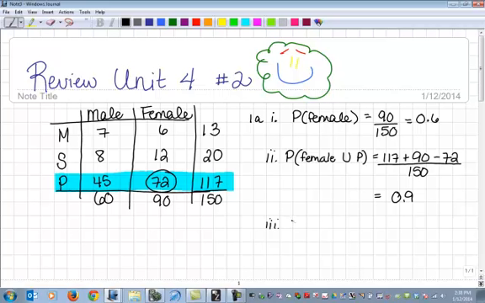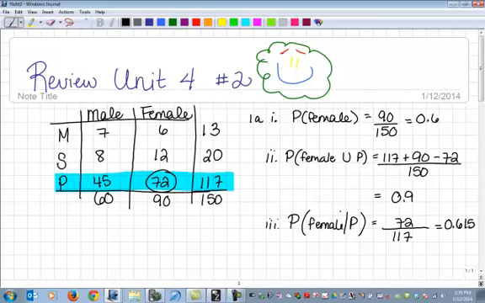So this is what we call a conditional. My condition is that they are in production, and I want to know the probability that I select a female out of those in production. So now my total is just the 117, because there's only 117 in production. Of those, 72 are female. When you do that, you get